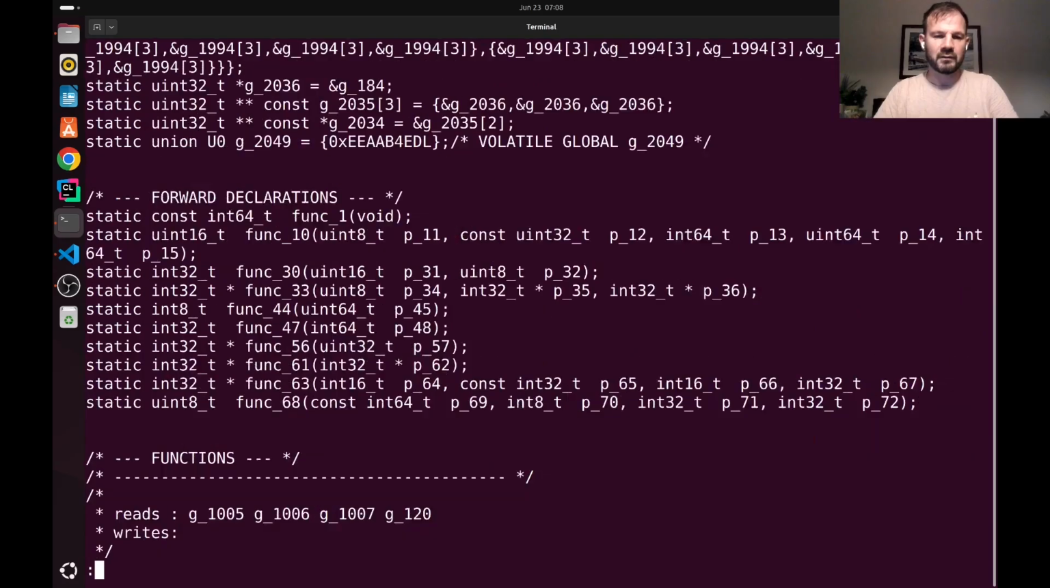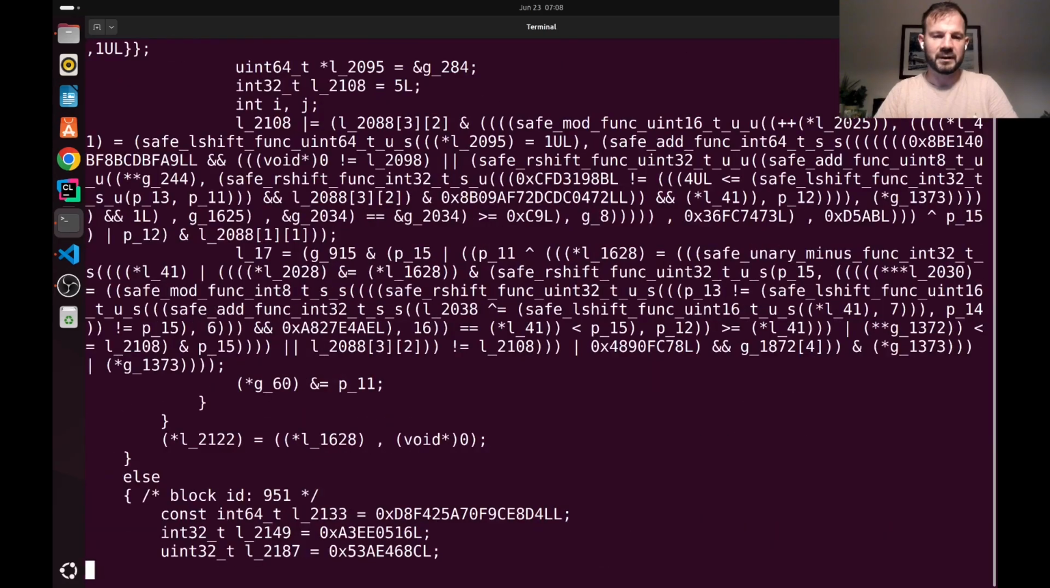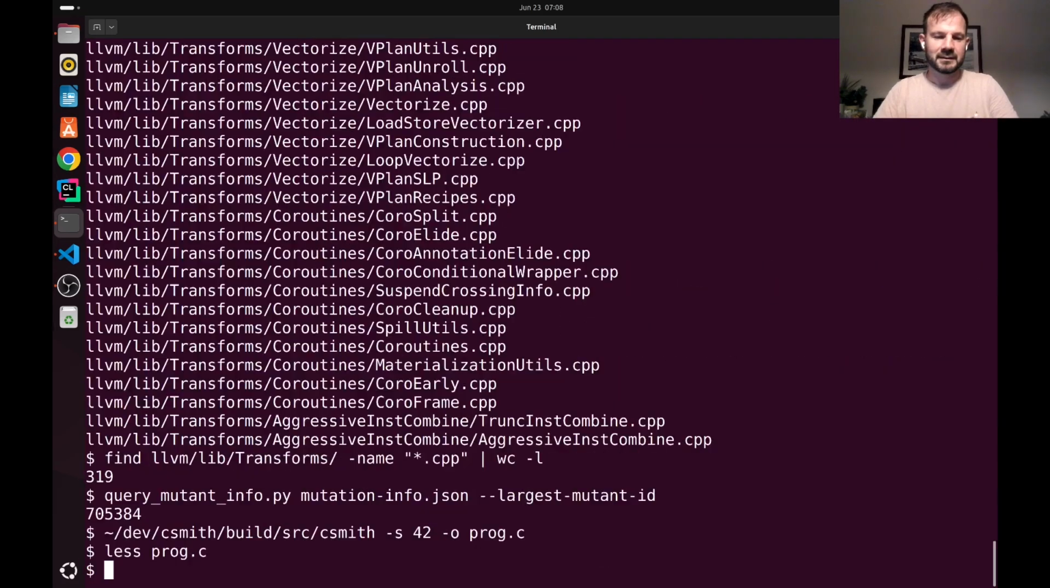It's very long, very crazy looking, very good for finding bugs in compilers. So that's our CSmith program. And first of all, I want to look at the effect of mutation on the compilation of that program. Let's have a look at which mutants, or how many mutants, are actually reached when we compile prog.c with our